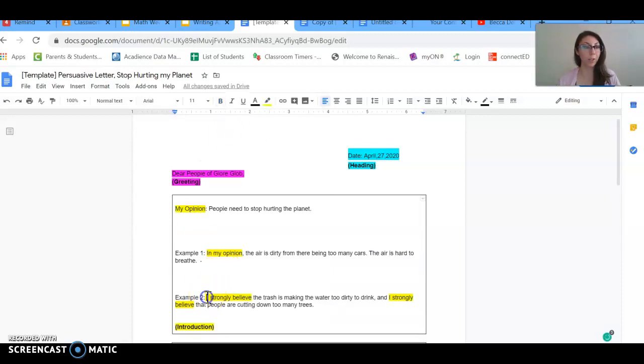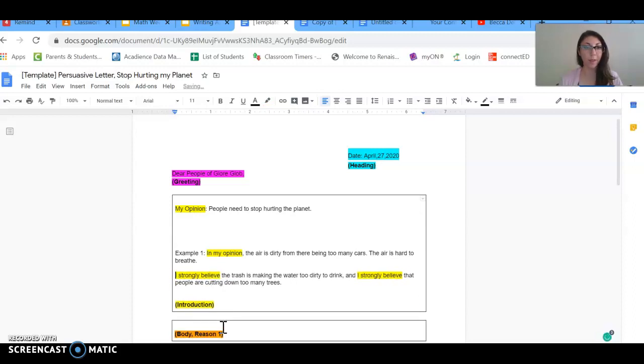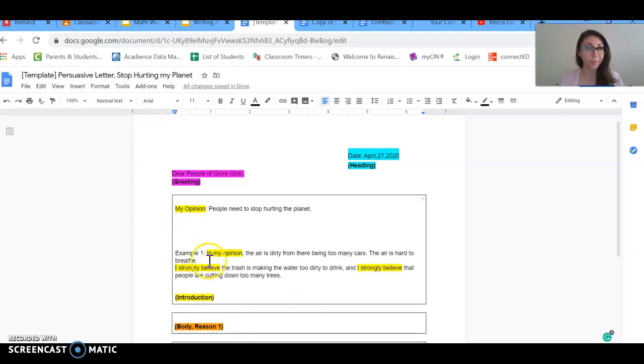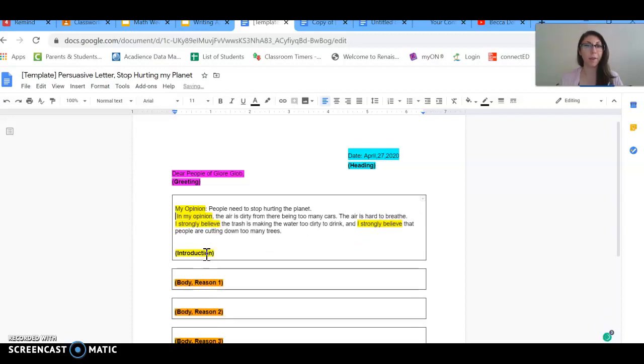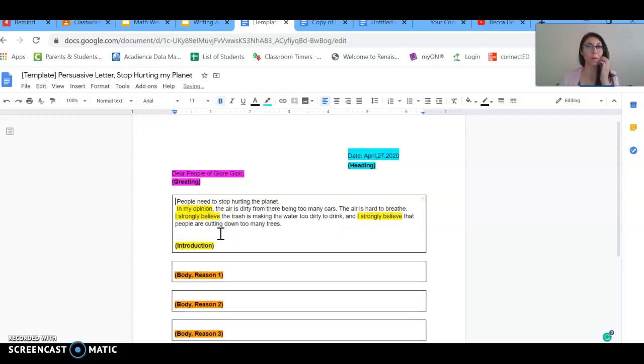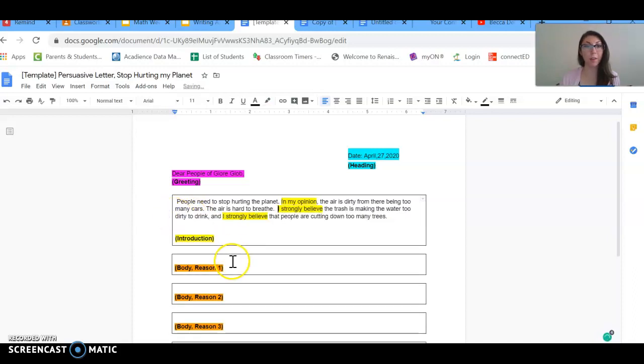Okay, now to turn this into a paragraph, just go ahead and erase where it says example and my opinion. Make it all look like one sentence. If you would like another tutorial or for me to show you during our Zoom sessions how to copy, paste, and make